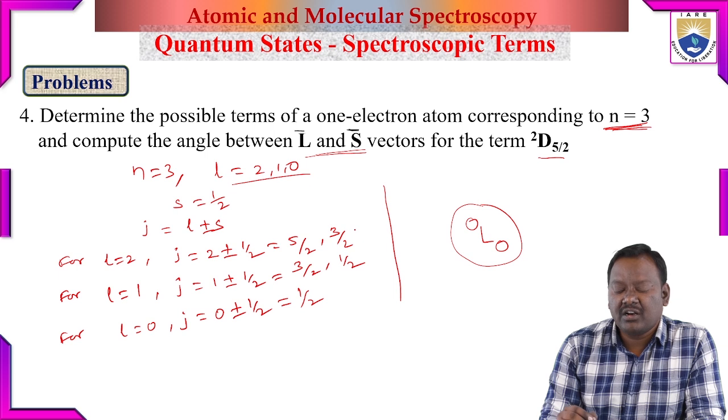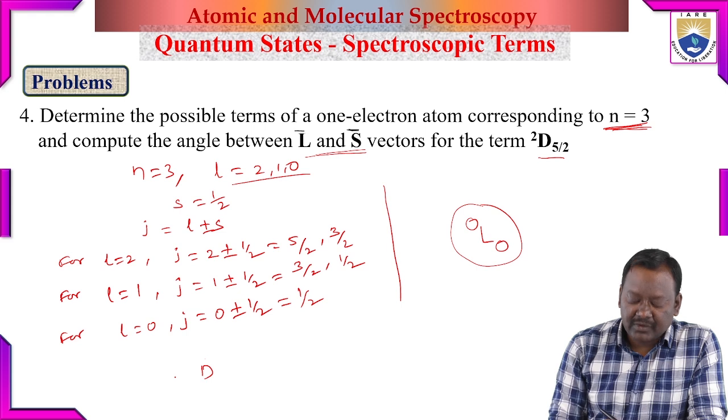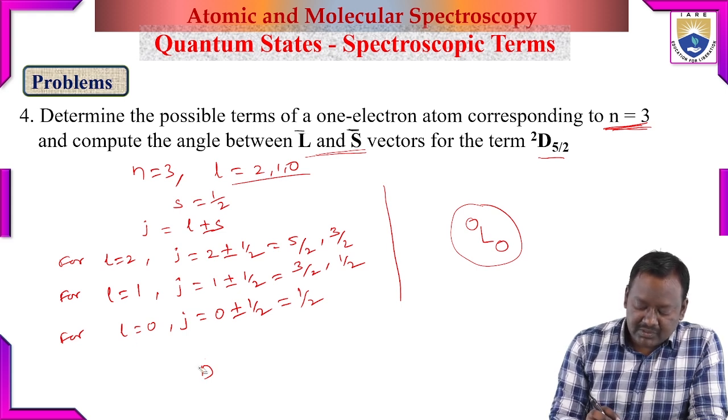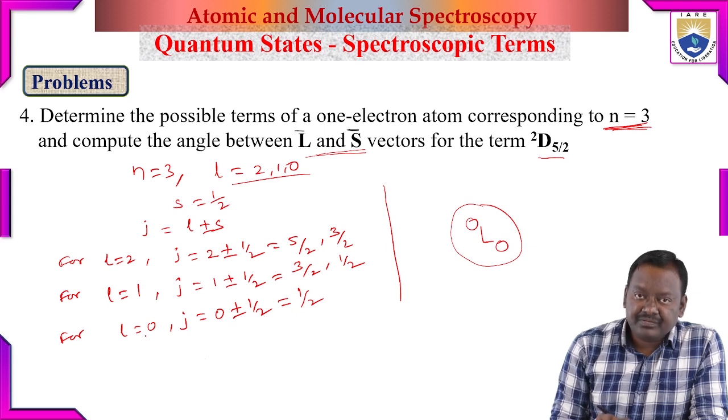This notation is called the spectral term. So here for L equal to 2, the designation is D. Let us go from L equal to 0. For L equal to 0, the spectral term is S,